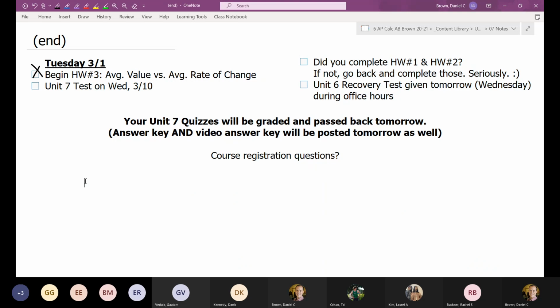I think that will be more helpful to a lot of you than just looking at the written version of the answer key. Because again, a lot of this unit is thinking through the problem, figuring out why we do a lot of things that we do. So that's it for today's notes. If you have questions or things to clarify, definitely